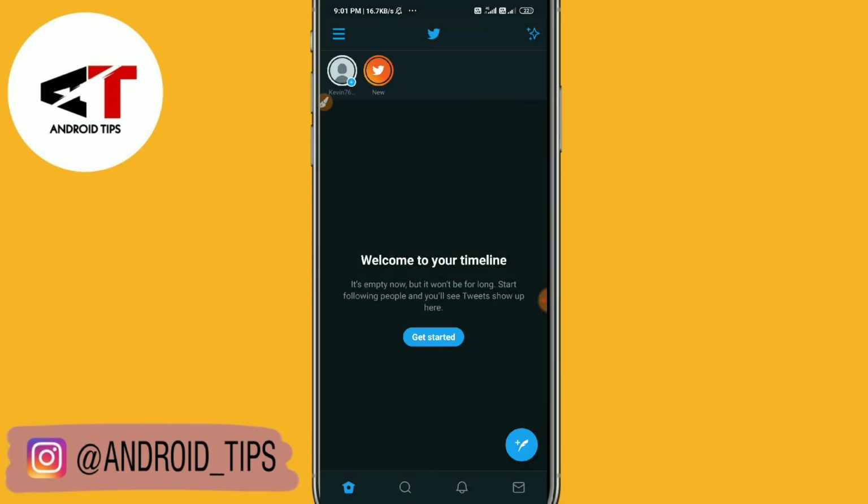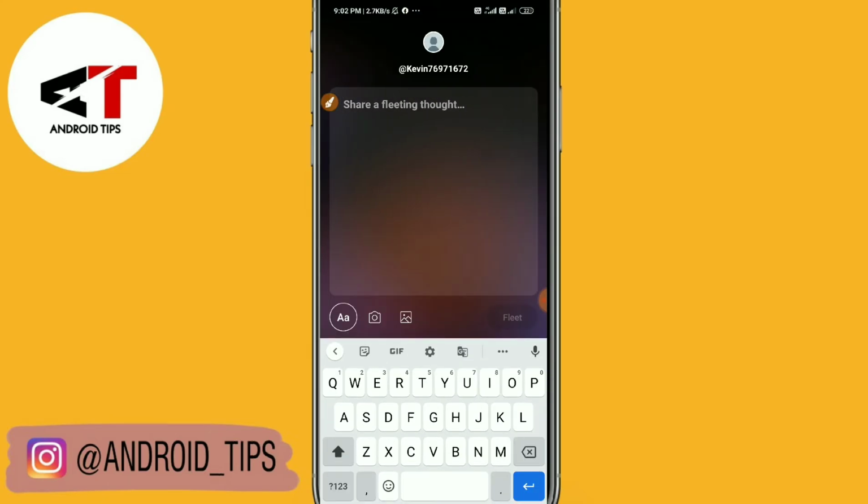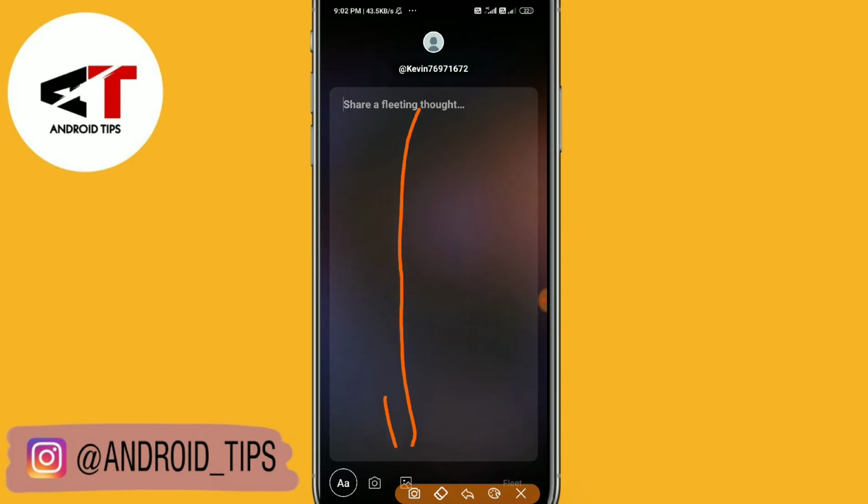And you can see your Twitter story. We can add a story from here. You simply need to tap here, and then you can fleet a tweet, or you can select a picture from gallery. You can post a picture and then fleet a tweet, fleeting thoughts. So friends,